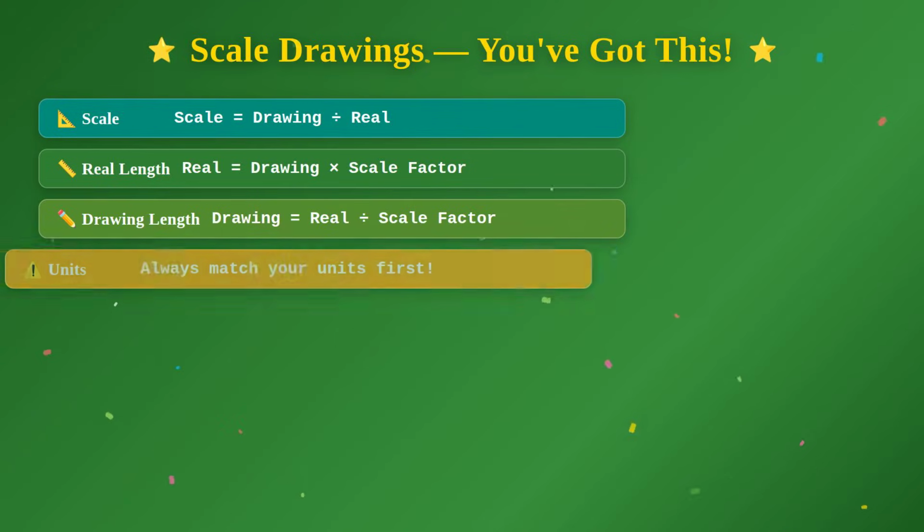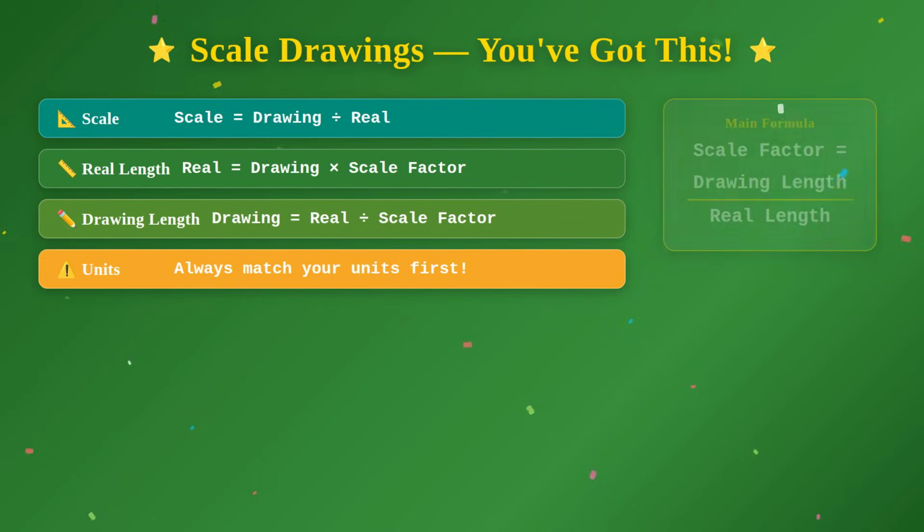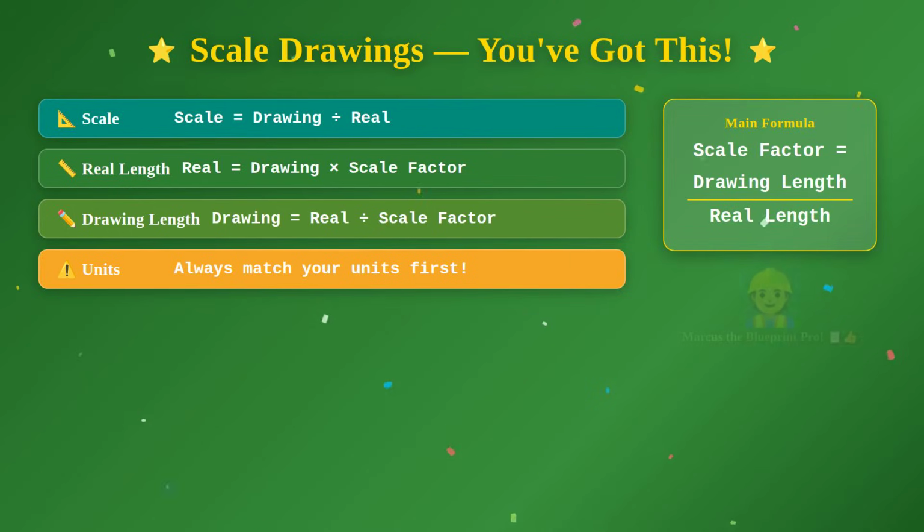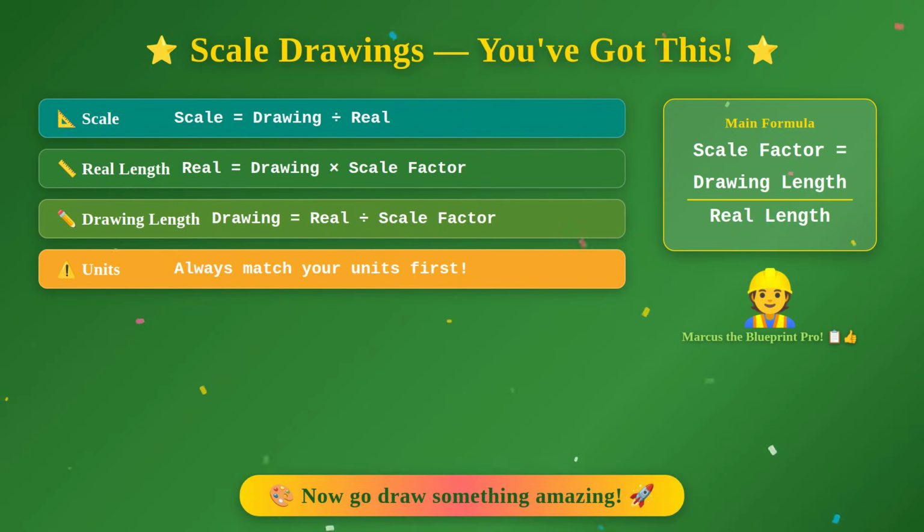Let's bring it all home. Remember when Marcus stared at that blueprint assignment totally stumped? Now he can design his bedroom like a pro architect. Here's your quick recap. The scale tells you how drawing measurements relate to real life. To find real length, multiply drawing length by the scale factor. To find drawing length, divide real length by the scale factor, and always make sure your units match before calculating. Scale drawings are one of those math skills that you'll use forever in art, science,